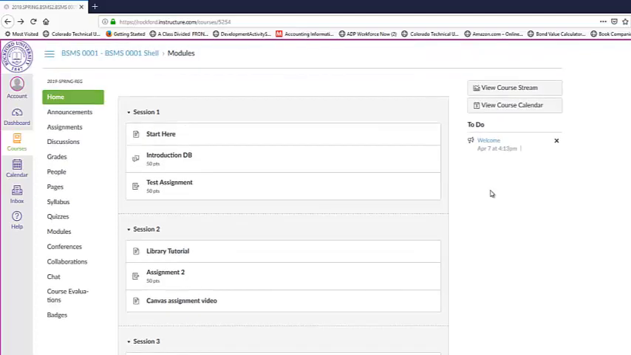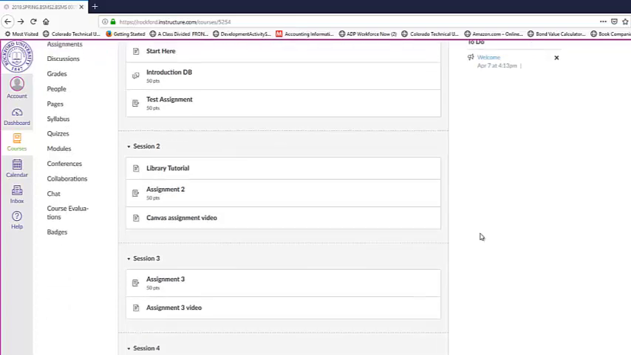Alright, welcome back. This time we're going to work on assignment 3. So I'm going to show you how sometimes assignments are not a Word document but submitted differently. So if we go to assignment 3,